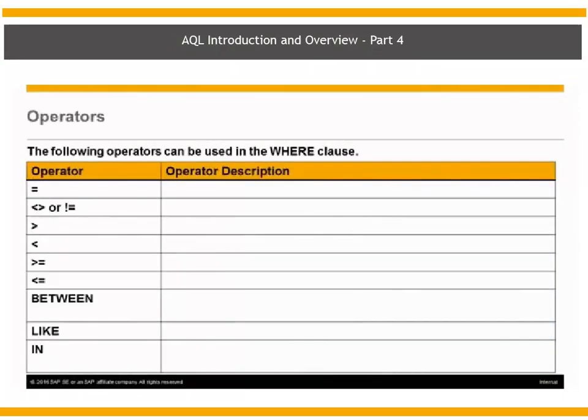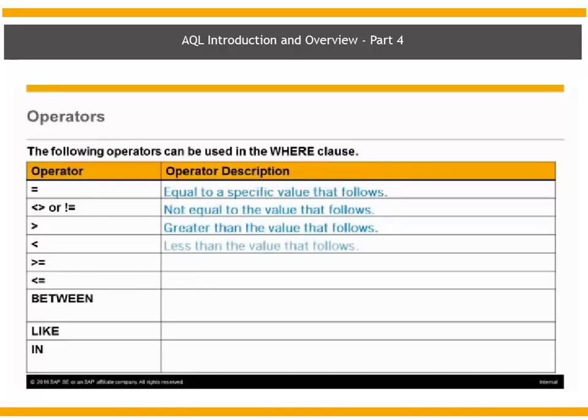Lastly, let's talk about how we can filter our results down by adding constraints or conditions by using operators in the where clause. There are a host of operators available to help us define exactly what we are looking for. I will go over some of the more frequently used operators here. Please feel free to refer to the appendix of your workbook from Flipped Classroom if that is more comfortable for you. Equal to, not equal to, greater than, less than, greater than or equal to, less than or equal to,